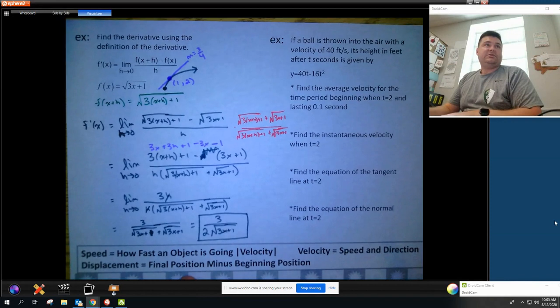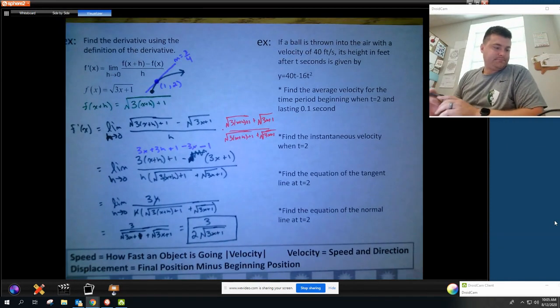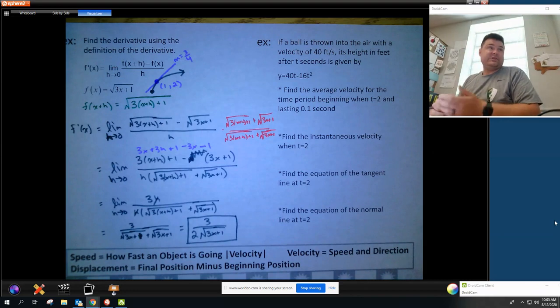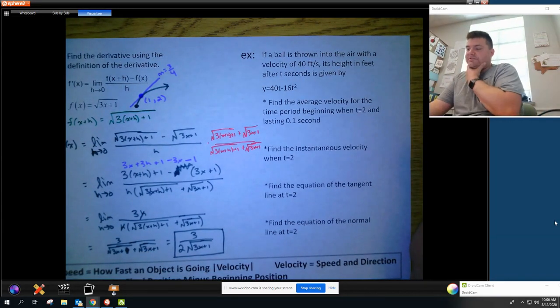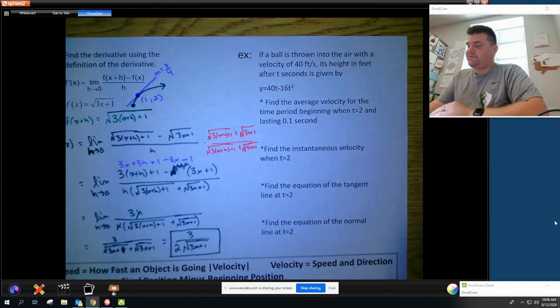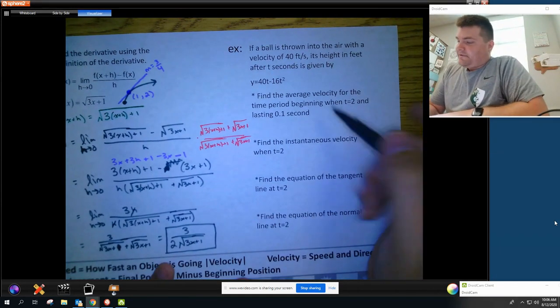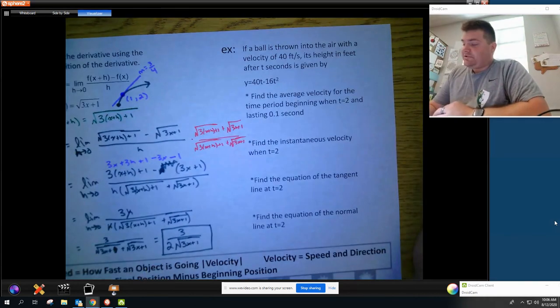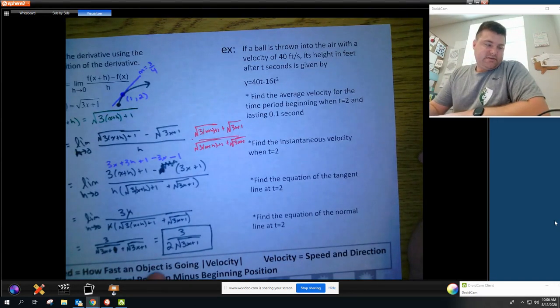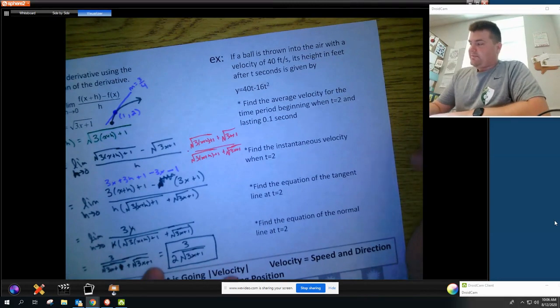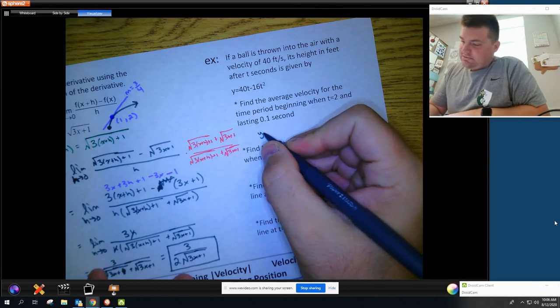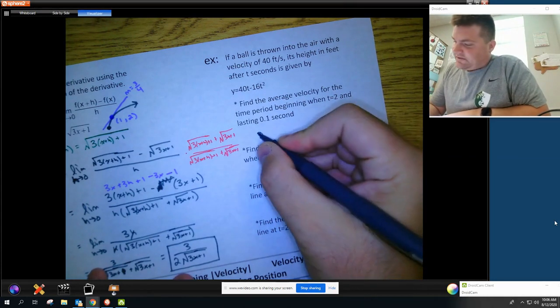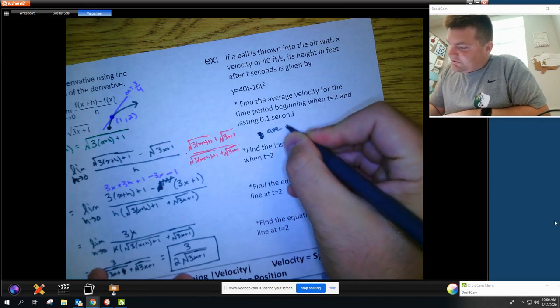Now let's get on to some average velocity problems, which deal with secants. Okay, so if a ball is thrown into the air with a velocity of 40 feet per second, and its height after t seconds is given by this equation right here, let's find the average velocity for the time beginning with t equals 2 and lasting 0.1 seconds. Okay, so I'm going to use my secant. So I'm going to get, not y, I'll just do the average velocity. So the average velocity